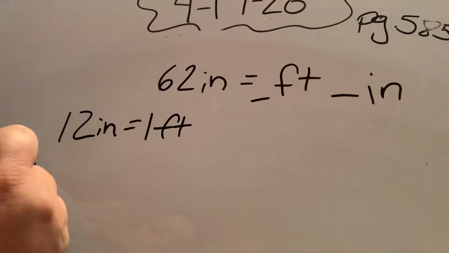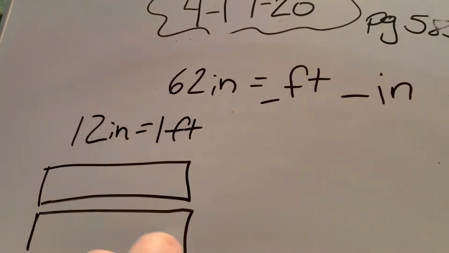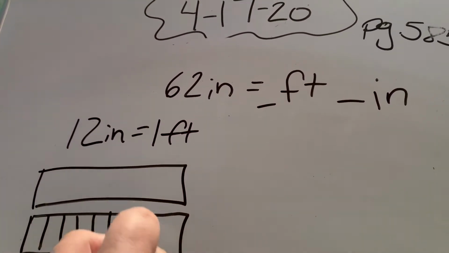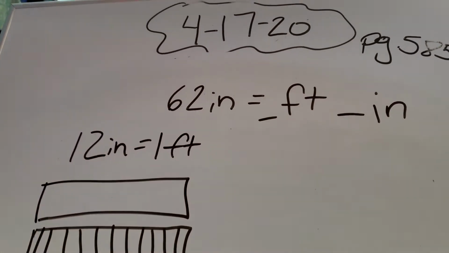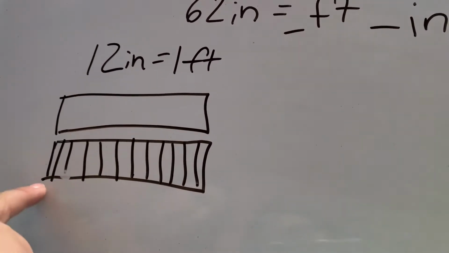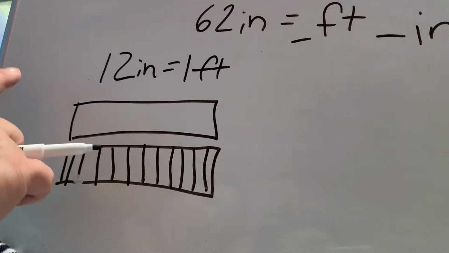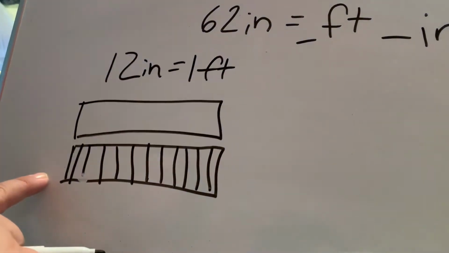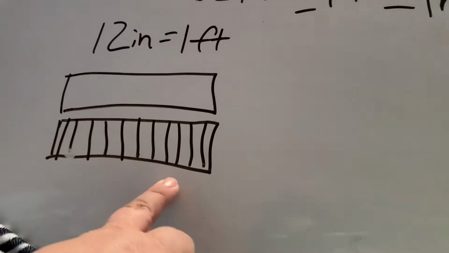Because look, here's 1 foot. Here's 12 inches. We would have to divide this into 12 pieces, right? 1, 2, 3, 4, 5, 6, 7, 8, 9, 10, 11, 12. Mine's not pretty, but you see the point, right? These are the same. So if you know this one and you need to get to this one, you're going to have to divide when you're changing from a smaller unit to a larger unit,